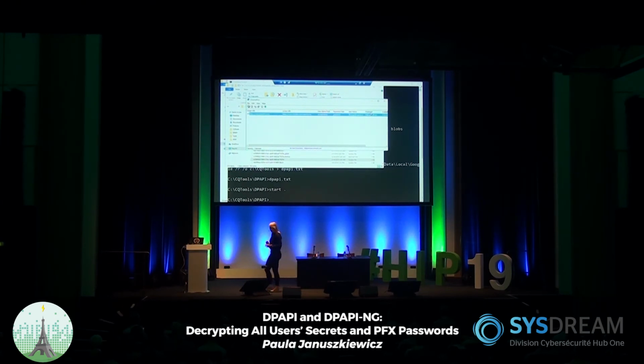Now, okay, let's put it aside. How can we protect ourselves? We can protect ourselves in various ways. Way number one is privileged access management. So making sure that domain admins, they're not humans, yeah? So basically these are the accounts that are logging on only on the domain controllers.